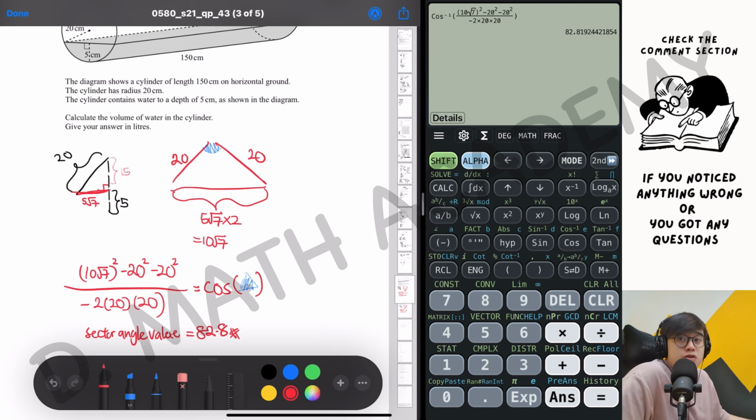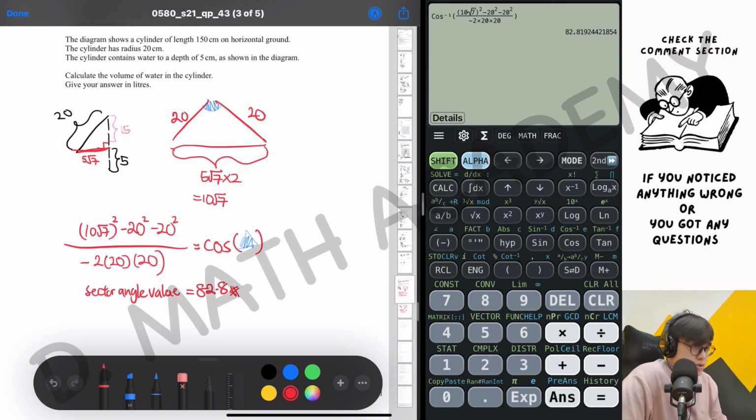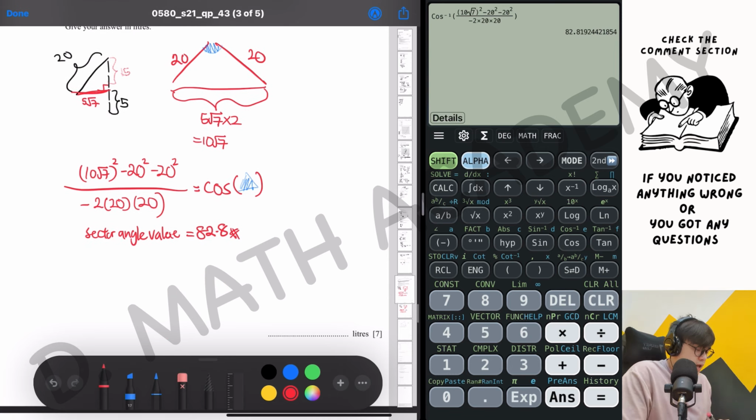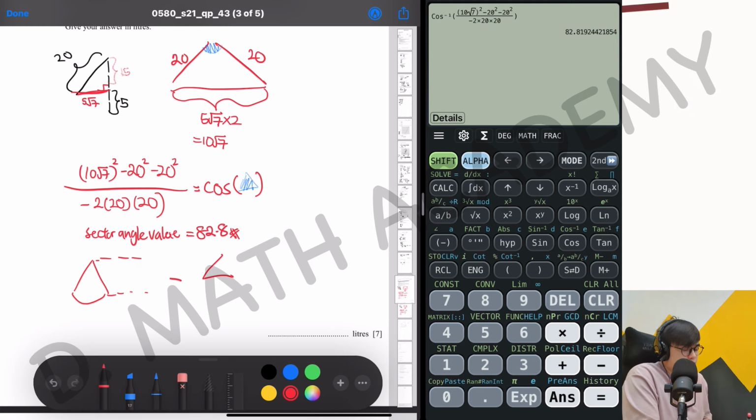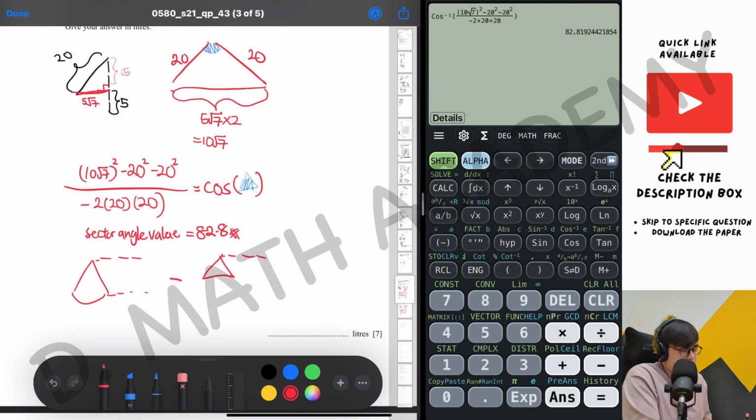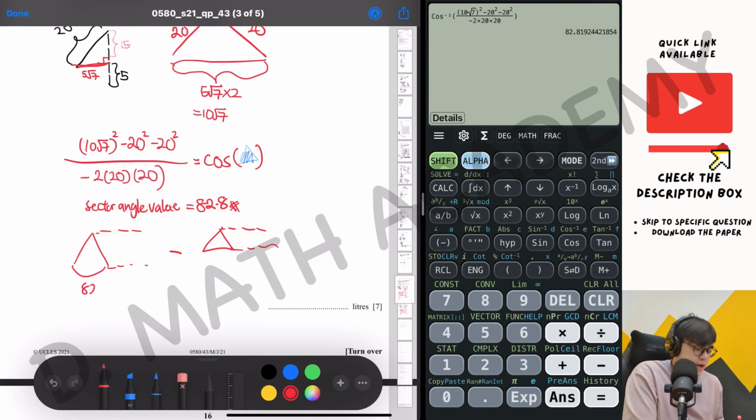So with this 82.8, we should be able to trace the results already. So with 82.8, I will be calculating the entire sector, minus off the triangle. The entire sector goes by 82.8 divided by 360